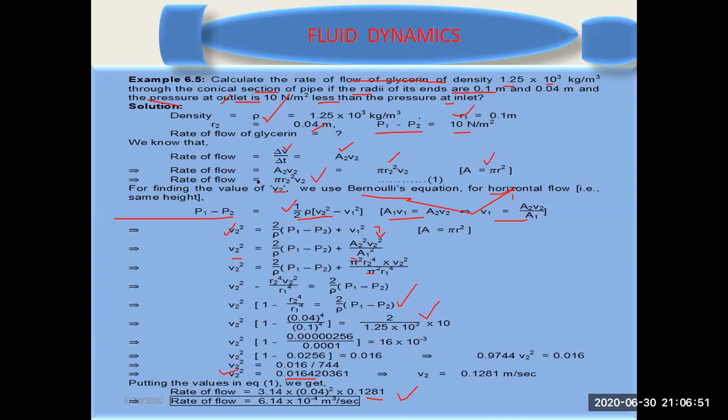And after getting the value of the volume rate of flow and putting the values, you reached a point where you need to calculate the velocity. This was the formula due to the difference of the pressure. You can calculate by using the relation of the density. You can calculate the speed of the fluid at end 2. You have calculated its speed, then you will calculate the rate of flow. And after putting the values in the rate of flow formula, that is this one with V2, you are getting basically the required volume rate of flow.